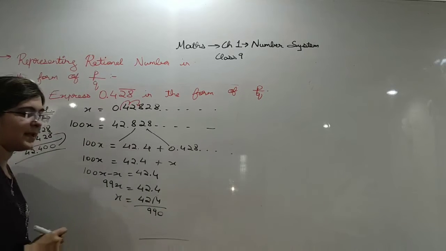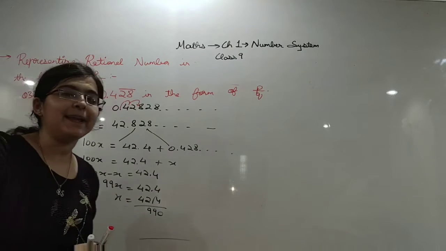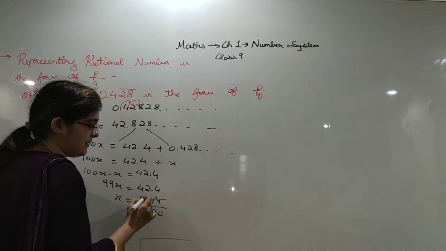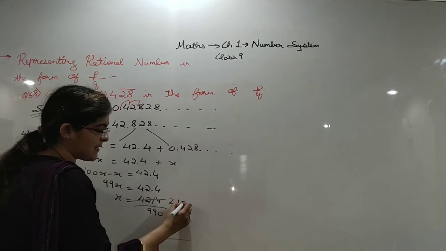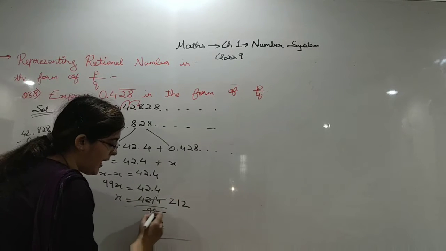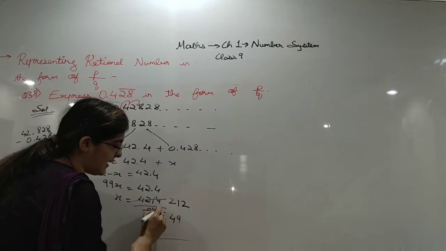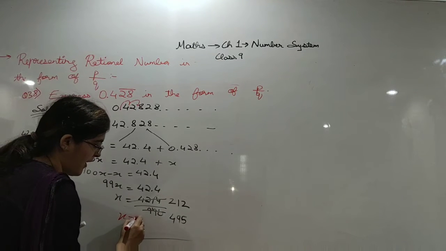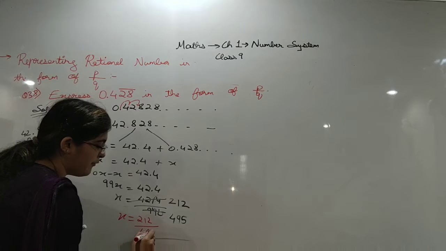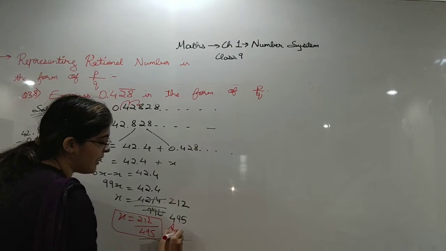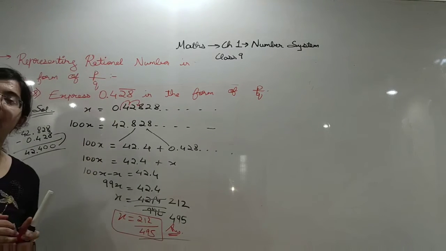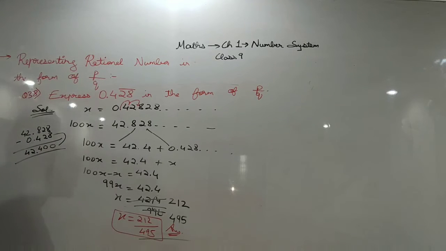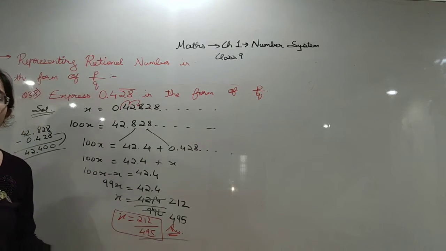Let's remove the decimal. It became 424 by 990. Now we will cut it. It will go by 2. 2 2s are 4. 2 1s are 2. 2 2s are 4. Now 2 4s are 8. 2 9s are 18. 2 5s are 45. Okay, now it will not cut by any number. So this is your final answer. Your x is 212 upon 495. Okay, so we have expressed 0.428 bar in the form of P by Q. Okay, now pause the video and write it down in your copy in the question booklet where the space is given.